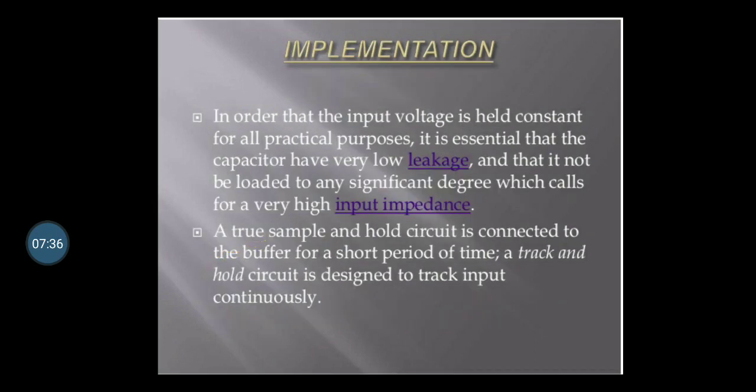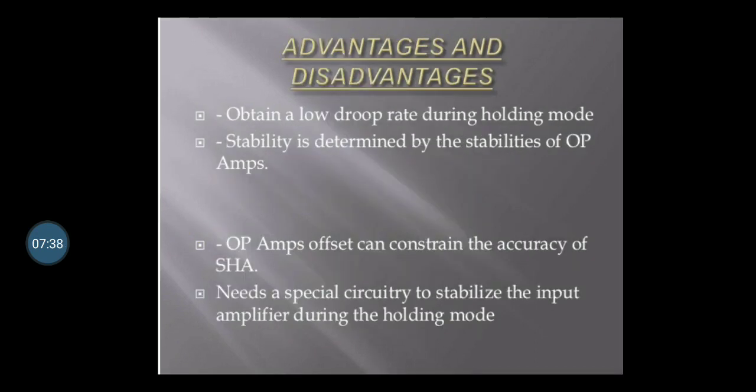So, the advantages of sample and hold circuit. The primary use of the sample and hold circuit is to hold the sampled analog input voltages constant during conversion of the AD converter. In case of a multi-channel ADC, synchronization can be achieved by sampling signals from all the channels at the same time. It also reduces the crosstalk in the multiplexer.